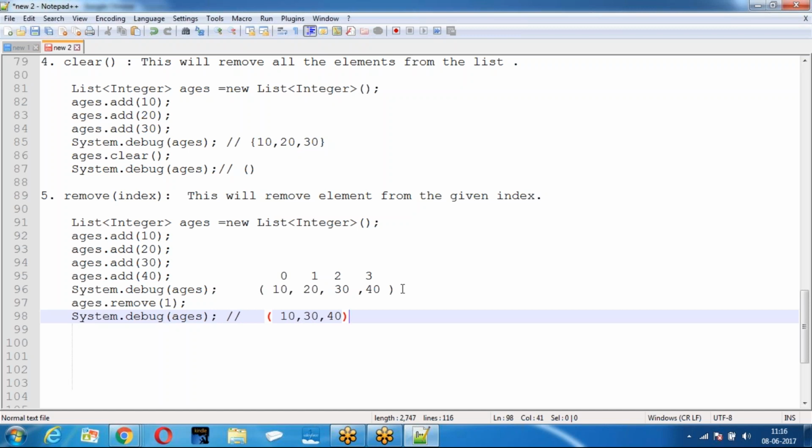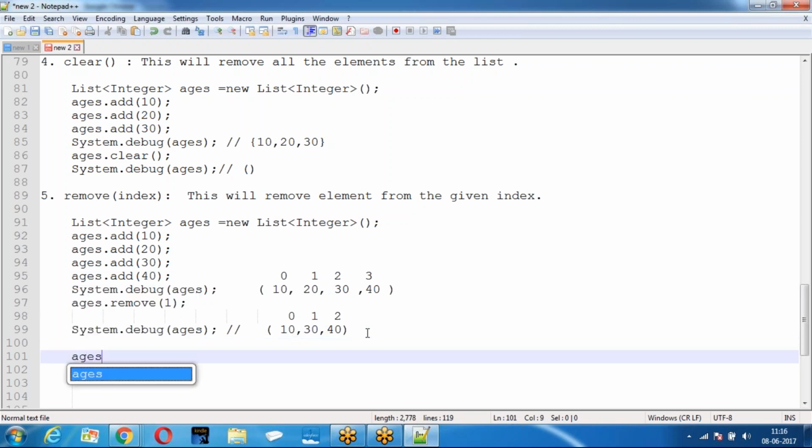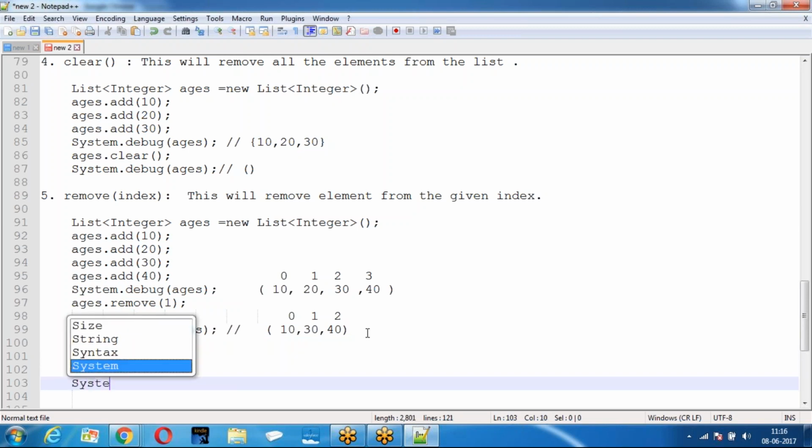So what is the element that is at index 1? 20. So remove the element called 20. So we have 10, 30, 40. Again I have index. When you remove, what are the index values that we have now? Again I am using ages dot remove. Remove the element which is at index 2. When I say system dot debug,